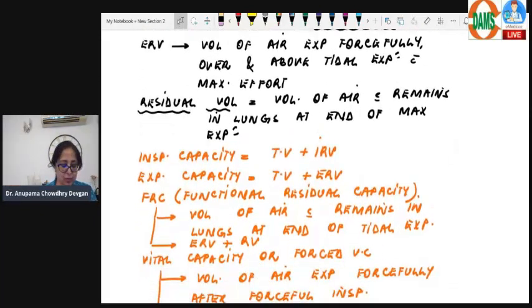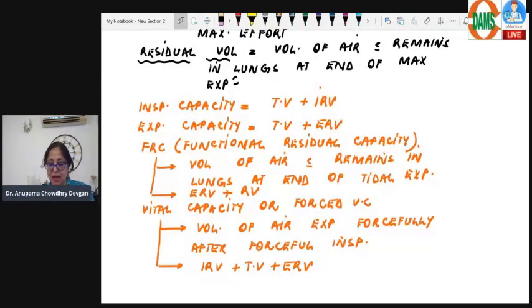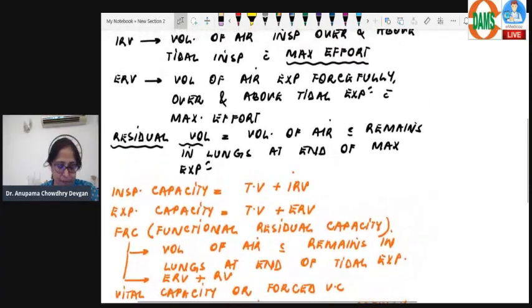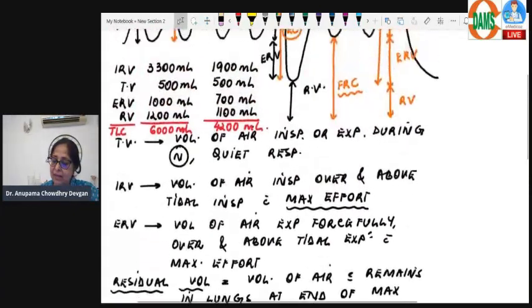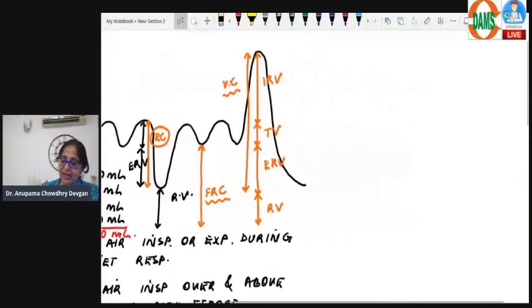Inspiratory capacity, tidal volume plus IRV. Expiratory capacity, tidal volume plus ERV. Functional residual capacity, ERV plus RV. Vital capacity, IRV plus tidal volume plus ERV. At the end of vital capacity, the volume of air which remains in the lungs is known as the residual volume, right? Now, one more important point, and that is,